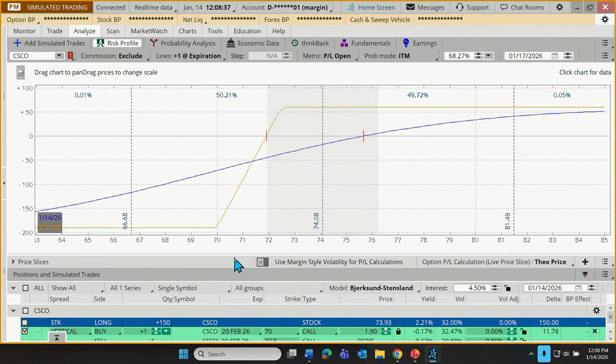And as I do, we've got over 100 people watching the live stream right now. Chat in just a Y or an N. Y for yes, I'm familiar with the risk profile. N for no, I'm not familiar with the risk profile. So I know that we're going to have some risk profile fans out there. Not everybody is. Not every trader uses this tool.